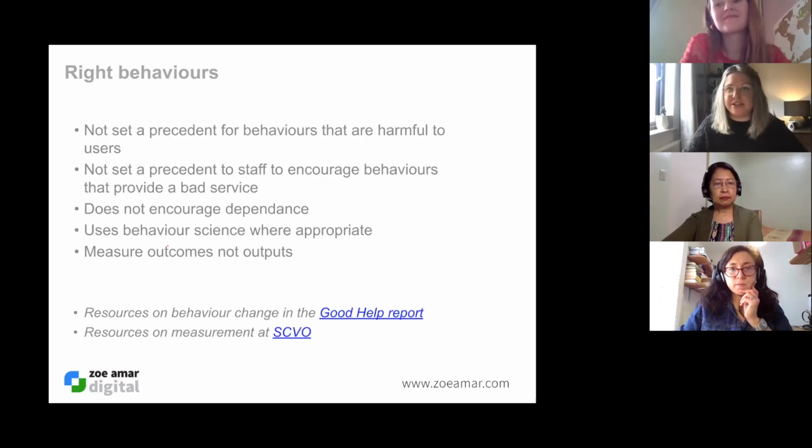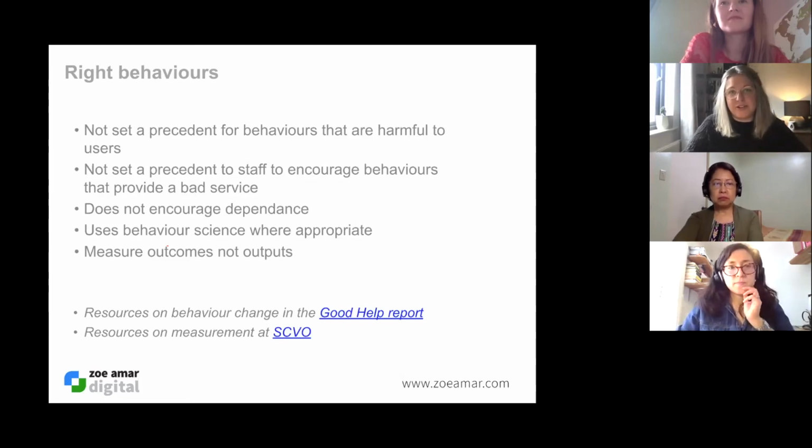And this can be a difficult question to answer sometimes, especially when we think about digital, because there's a lot we don't know about how digital services can be harmful to users. But I think having a think about that up front before we design a service is incredibly important. And it might not be that you're misusing their data, of course you aren't, but other people might be. So getting people used to a behaviour set where they just agree to give away any data might be fine for you, but it might not be fine to give it to somebody else. So we can't normalise that kind of behaviour.